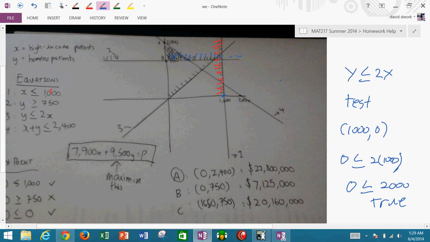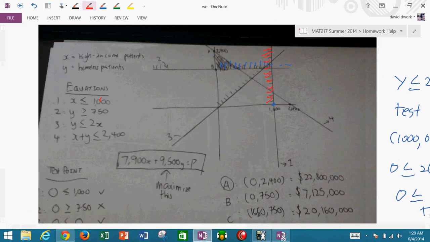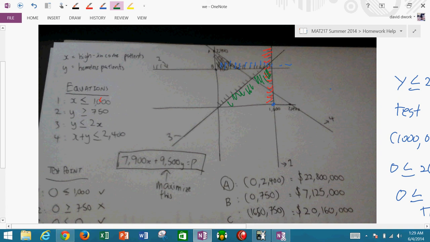Since that is true, we're shading down. So therefore, this one was shading the wrong way. You should be shading down with that equation. And then for this third one,